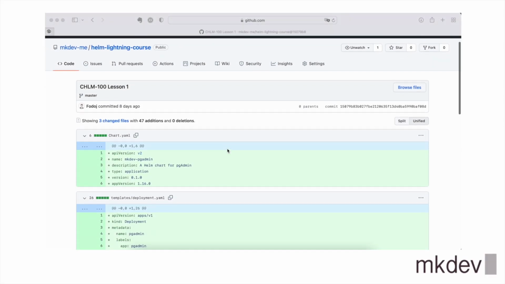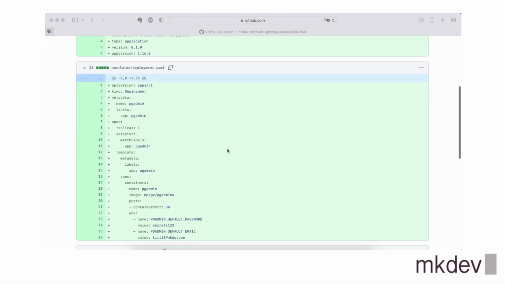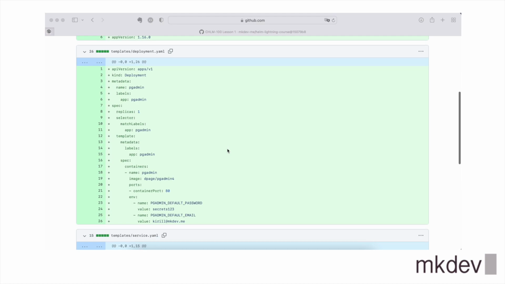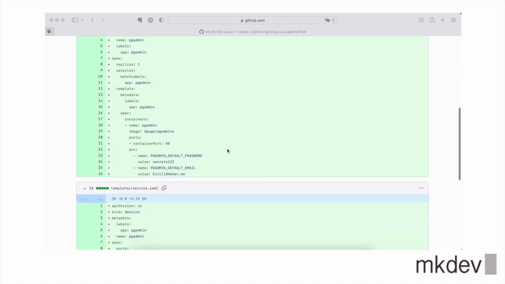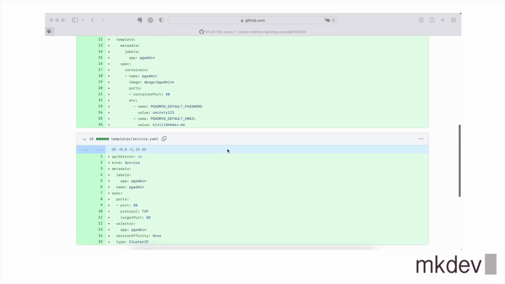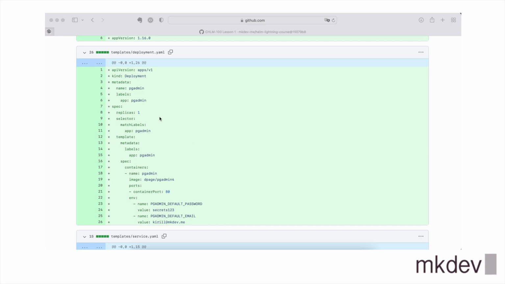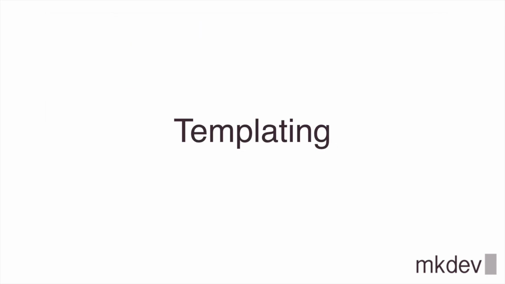Hey, in the previous lesson, we've written our first Helm chart and learned what charts and releases are. The only problem with this chart is that it's static. It's not too different from just having a YAML file applied with kubectl. The only benefit we get from using Helm is the release tracking and rollbacks. But Helm is much more than this, and in this lesson, we will learn about another core feature of Helm, templating.